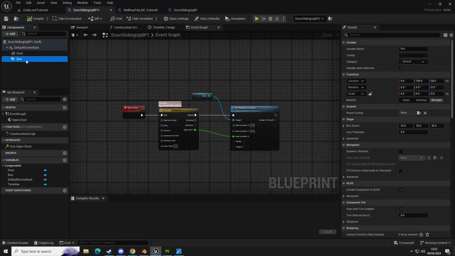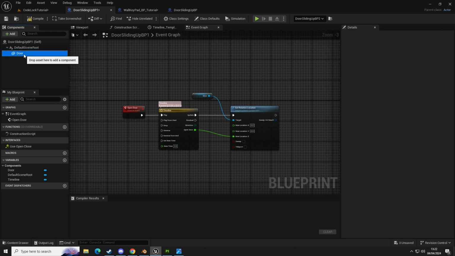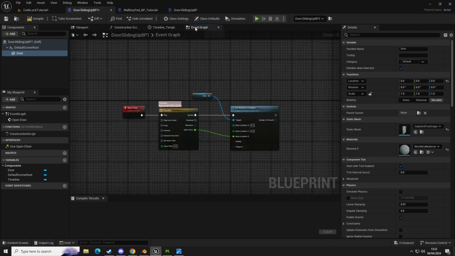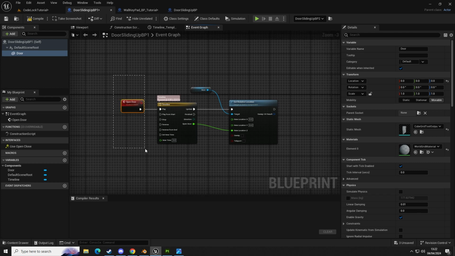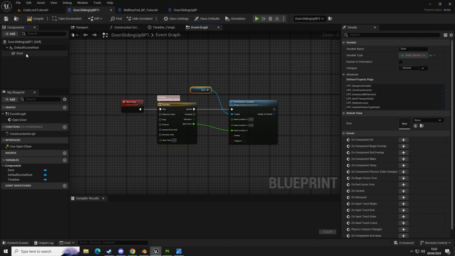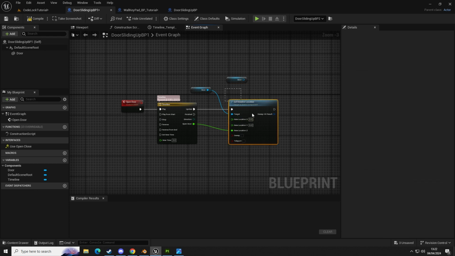So you can delete that. You don't need the box collision. So all you've got is a door, which is just the block, which will be your door model that you can swap here. And then in event graph, we have a custom event called open door. We have a single timeline, and we have door, the reference, which is like this, and then you connect that into target. So you're going to get a set relative location, connect that in, set your timeline up, which is a